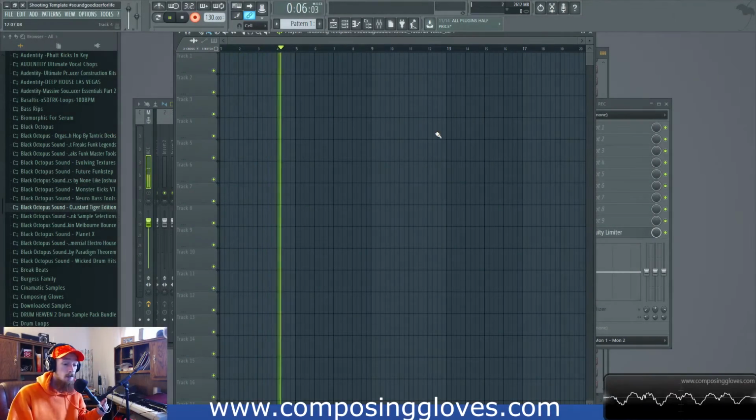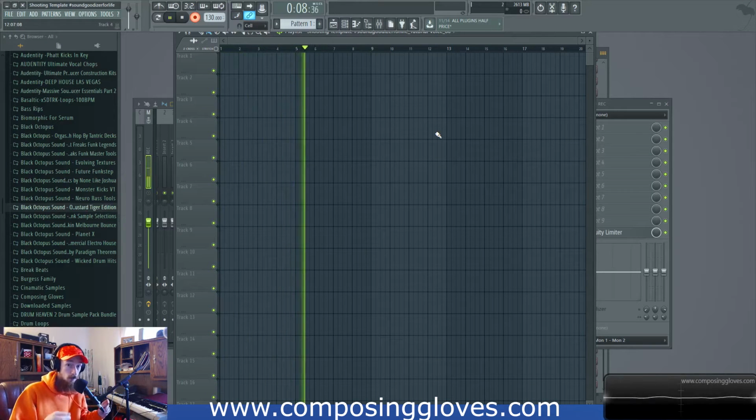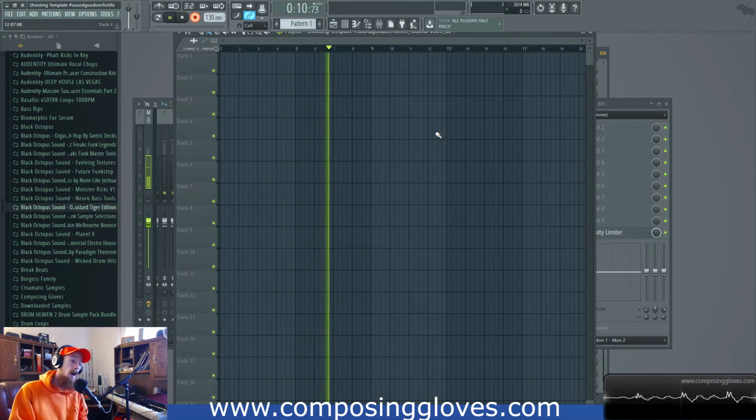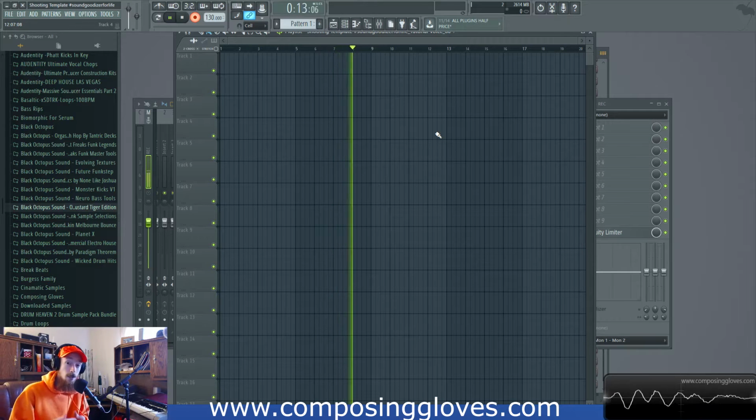I'm wearing a hat, and today we're going to be talking about creating a sense of space with delays. A lot of people use reverbs. I use reverbs very heavily, but delays offer a very nice sense of space that simply can't be achieved with